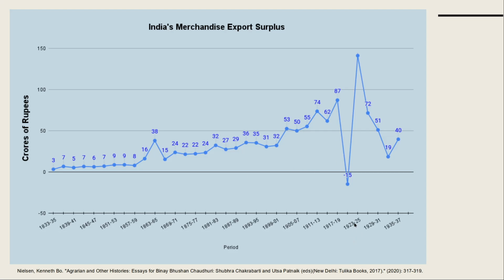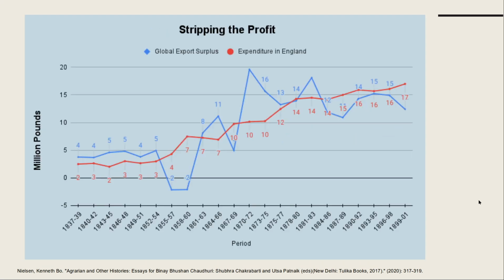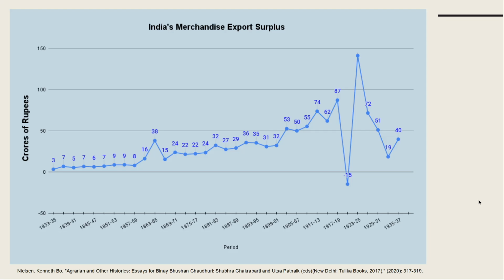There's now a massive dip around 1920 where we are in negative. And one of the key reasons for this was that India paid 100 million pounds as a gift to the UK. Now, no Indian knew about this, so we had no idea we were paying 100 million after the First World War. So that kind of explains the massive dip. Otherwise, we can see till that point, even while the war was going on, we had a surplus of almost 87 crores of rupees. Okay, so this kind of goes on up and down, up and down.